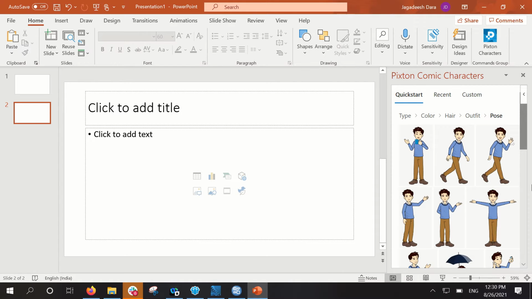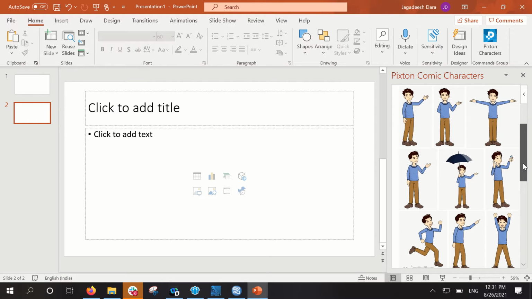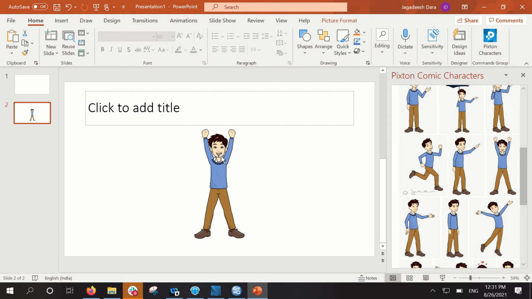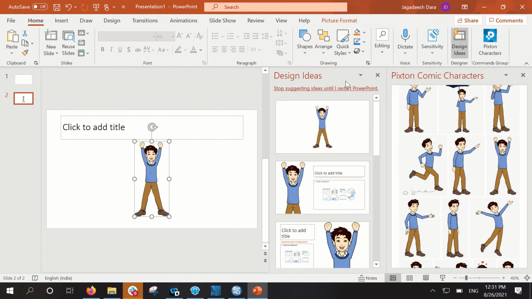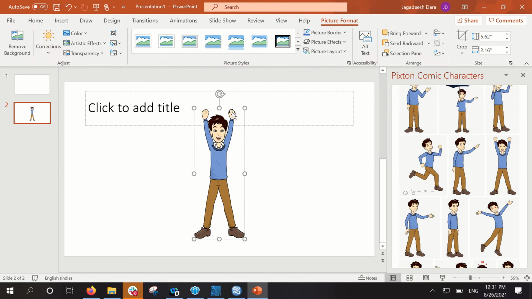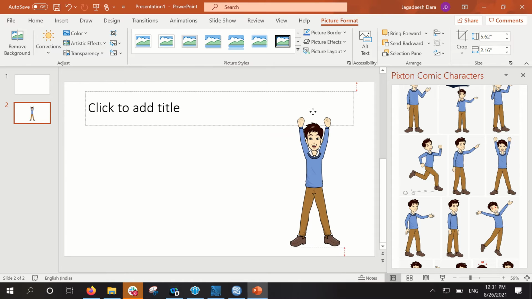Now it will ask us what pose we want to insert into our slide. You can choose any pose you want. There are many, like with an umbrella, taking a selfie, a happy face and all. If you click on this, the character will be inserted, and then you can resize it and reposition it according to you. You can make it bigger, and you can even reposition it. There are many options in this also. So now let's